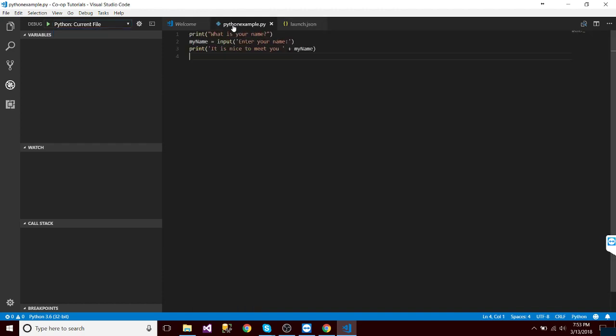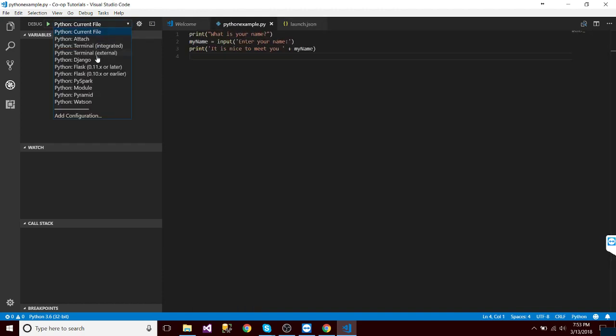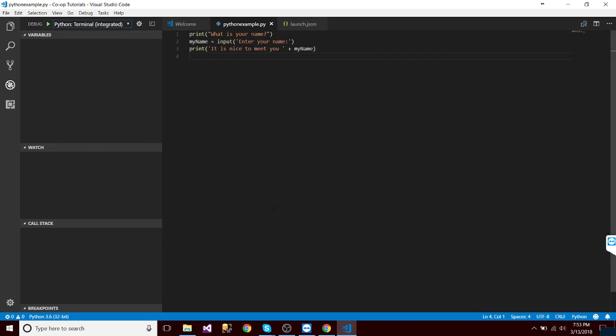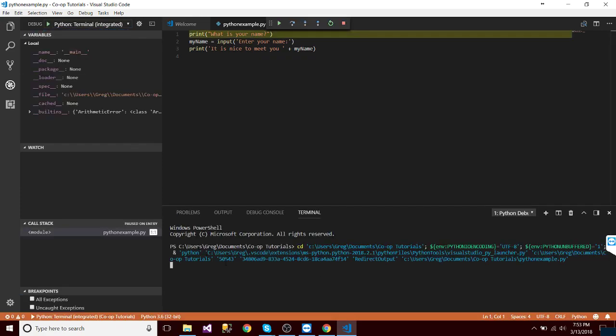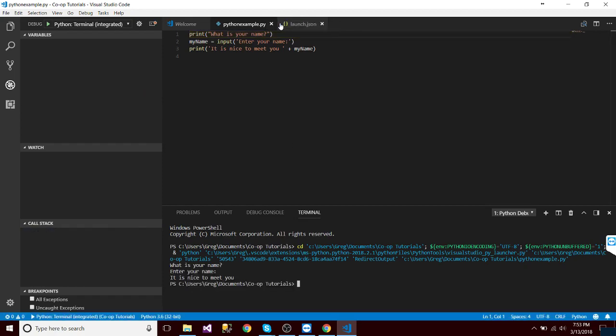What I had to do was play around with it. You can try integrated and see what it does. Okay, so that went to the terminal. I don't think it really did anything. I think I had the same issue yesterday. It technically did do it, it just ran the whole thing without me doing anything. So I did external